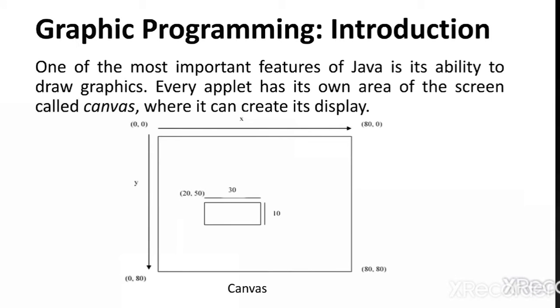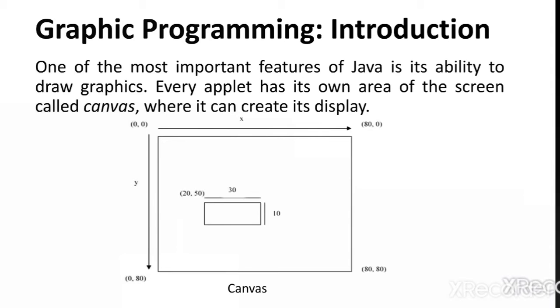Graphics programming. One of the most important features of the Java language is its ability to draw graphics. We can write Java applets that draw lines, figures of different shapes, images and text. Not only normal text, but text in different fonts and styles. We can also incorporate different colors in the display. You can set the background color of the output window, and even change the font colors of the text, the colors of the shapes, etc.